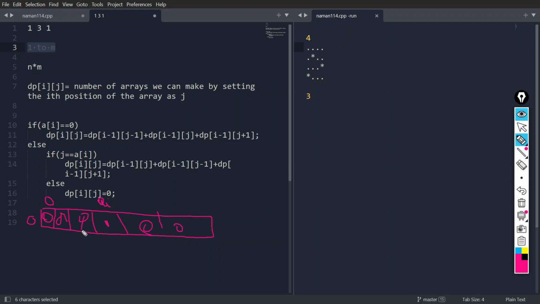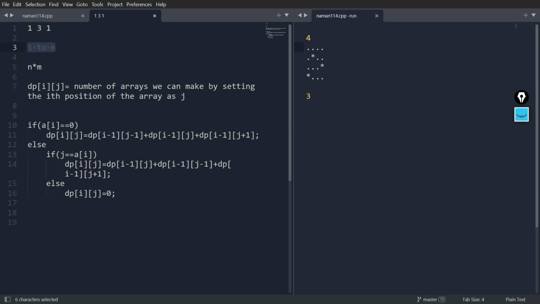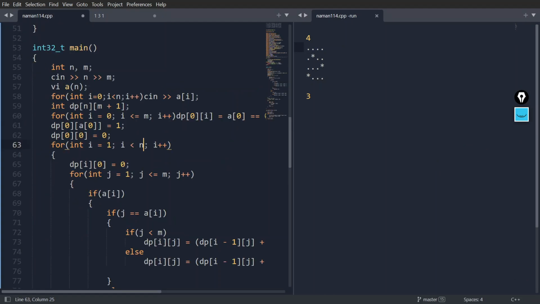We would just initialize our first row of the DP with one. Of course, the zeroth column would always be zero, nevertheless. But except for that, everything would be one. Everything means the first row would be totally filled with one. I hope it is clear. Sorry for the fumble.